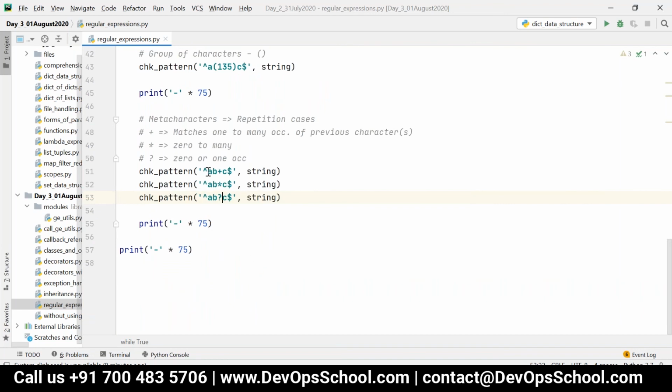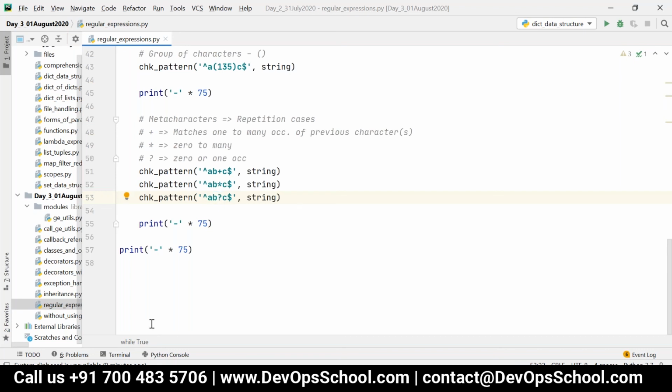Okay, first one, AB plus C. Between A and C, at least one occurrence of B should be present, and maximum any number of occurrences of B can be present. And with respect to B star, 0 to many occurrences of B between A and C, and with B question mark, B should be present either one time or 0 time between A and C.